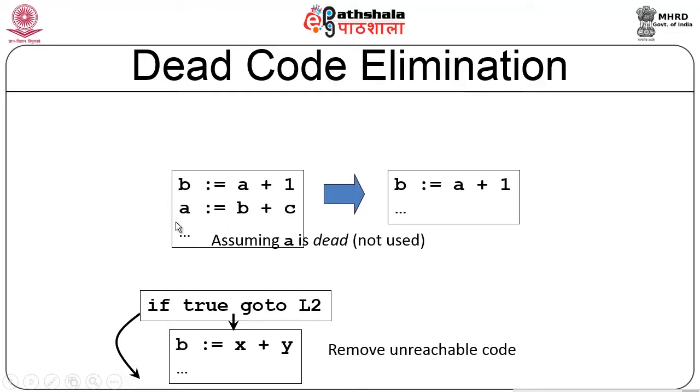In that case, I can get rid of this complete statement as it is. I do not even have to look at computing that. So, B is equal to A plus 1 will be your scenario. The second situation is if true, go to L2. Now, if it is false, it is going to come here. Supposing you are always going to have a true value, you are never going to have a false value, then this computation is going to be redundant. So, you can basically remove that. Redundant code is called dead code, as well as computing a variable which is not going to be used later is also called dead code.